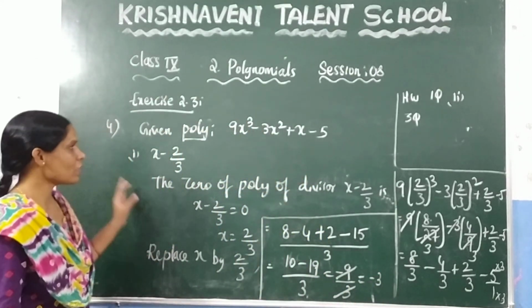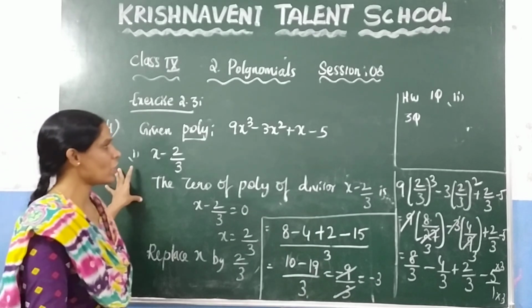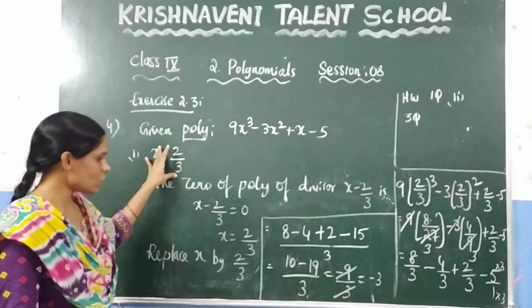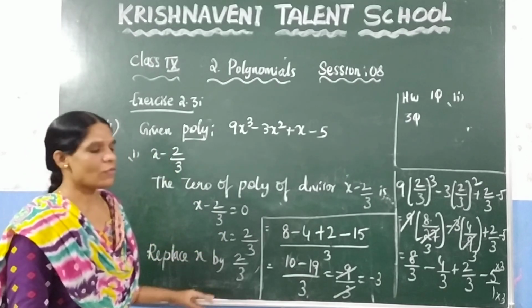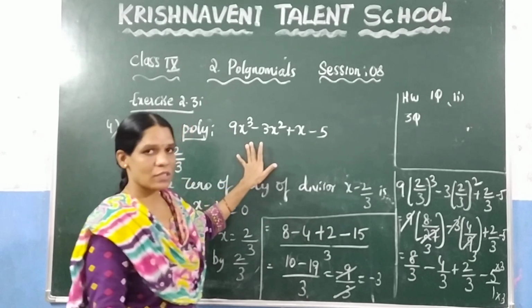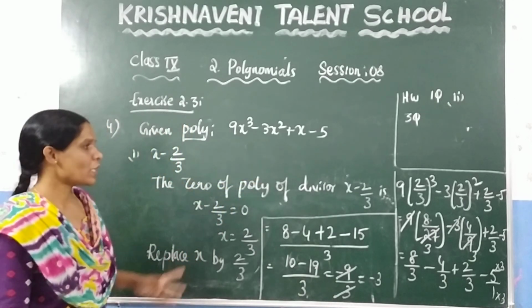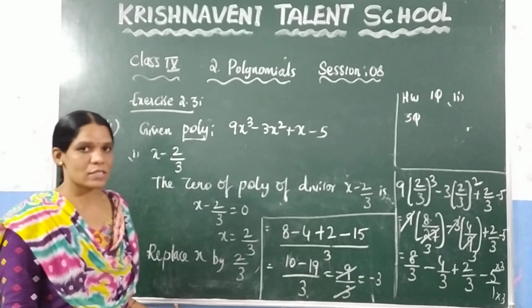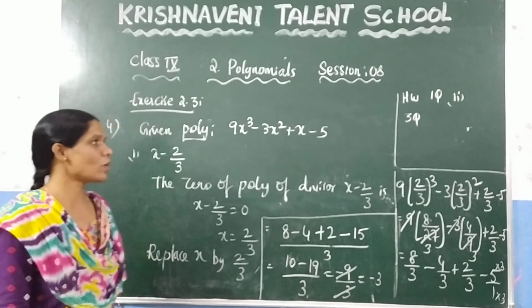So, how do you solve? If you want to divide the two polynomials, just you need to find the 0 of the polynomial of the divisor so that you can find the value of x. After finding the value of x, replace that x in the dividend so that we can find the remainder by using the remainder theorem. This session is completed. In the next session we are going to solve the remaining problems of this exercise.